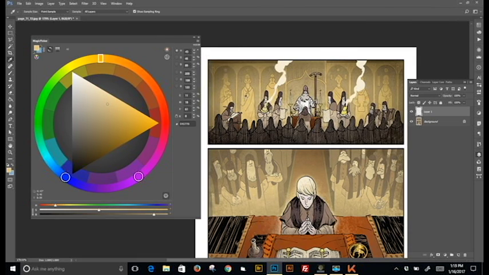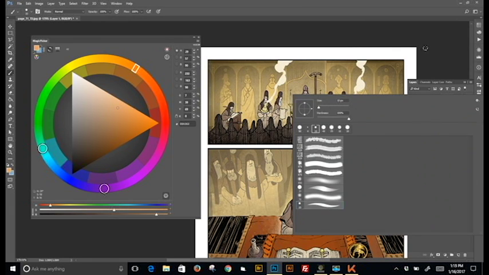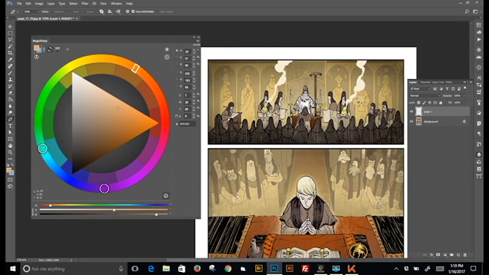I'm also looking at value. Look at where this is on the triangle. Now I'm going to bring this back over to the oranges. So I'm going to try some stuff within this range. Maybe make it a little more saturated. And then I'm going to go into these background areas and just try dropping a little bit of color here and there and see